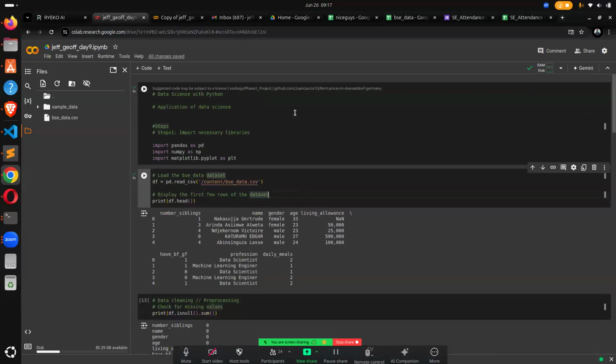So I was explaining, let me start again. I said that we're looking at data science with Python. Basically, we need to look at the applications, which are the steps. You need to import Pandas as PD and import NumPy as NP, and then import Matplotlib dot pyplot as PLT. So these are the basic libraries that you need